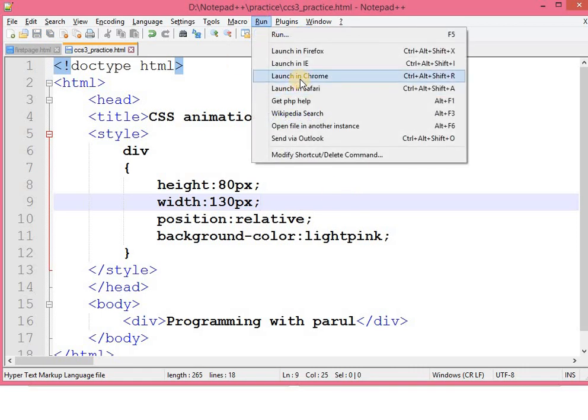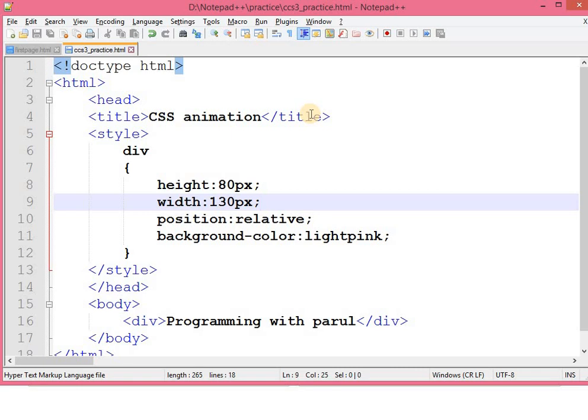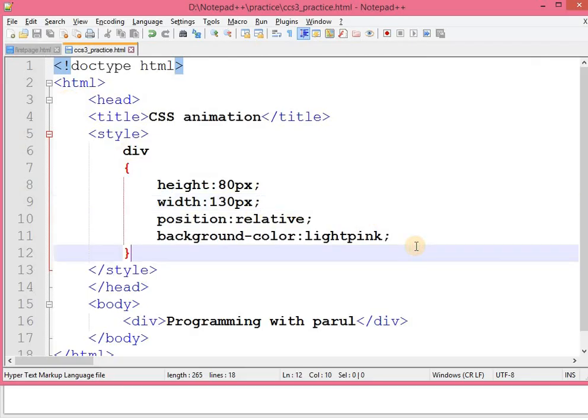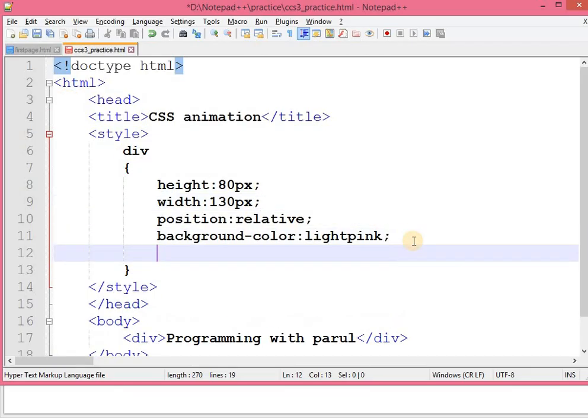Now just save this and launch in Chrome. Let's see how it looks. It's taking too much time even in Notepad++. Okay, this is programming with Parul. Now let me add some other properties like text align, that is center.